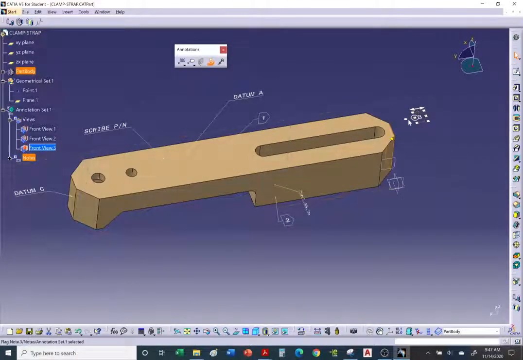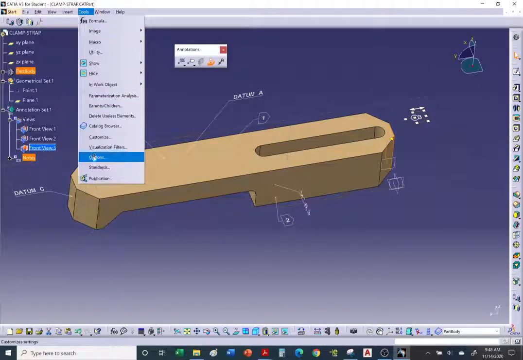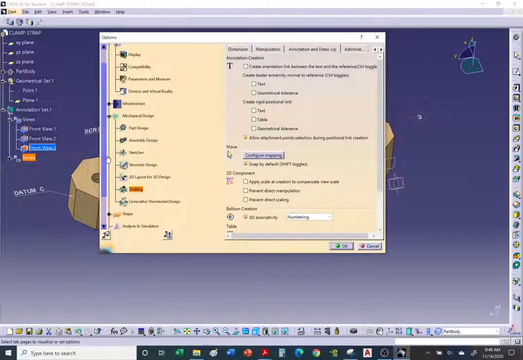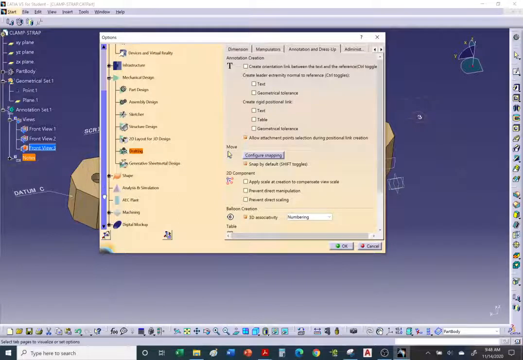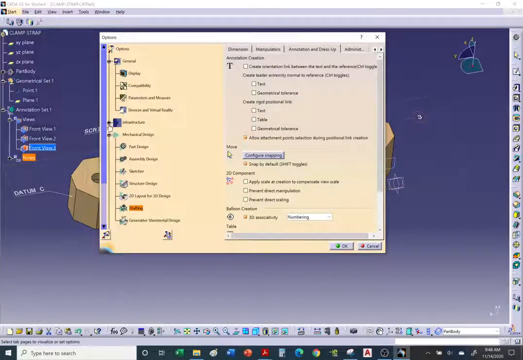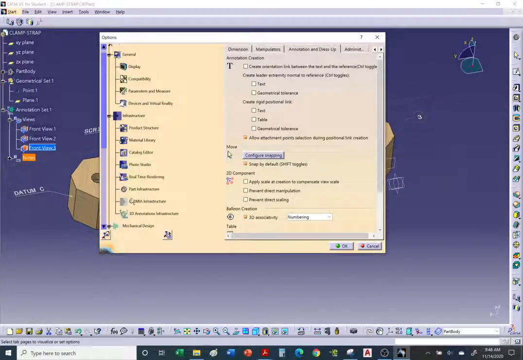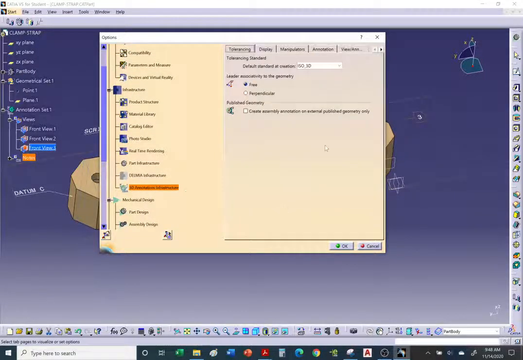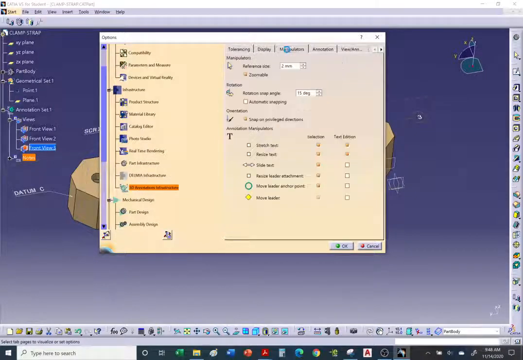Notice how we have our manipulators. So you may have to go into Tools Options. Let's go ahead and go to Tools Options, see if we have access to FTNA. Oh, it looks like we don't have FTNA. Oh, here it is, Annotations Infrastructure. Click on it. And you want to go into Manipulators. And you want to make sure you have these manipulators on, so you can manipulate your